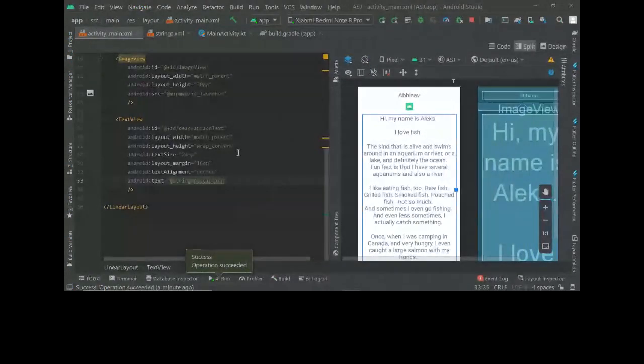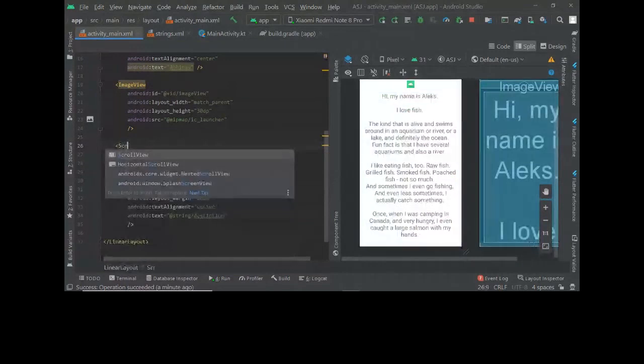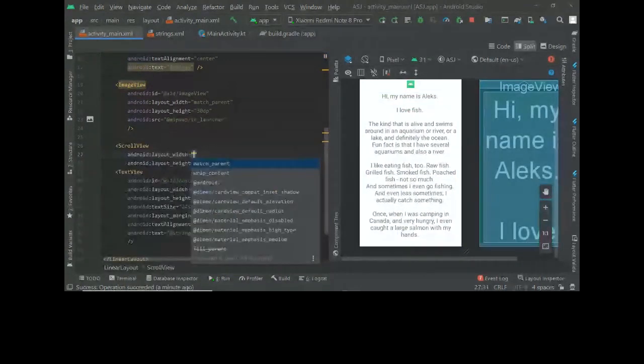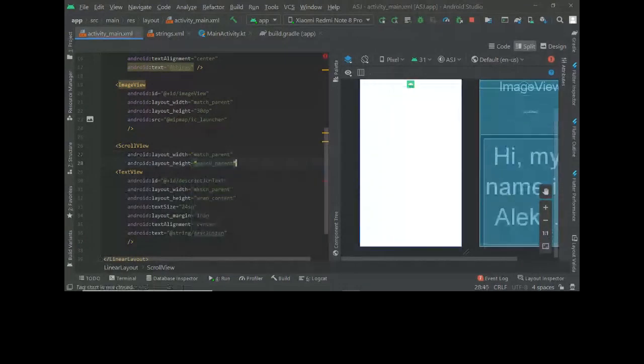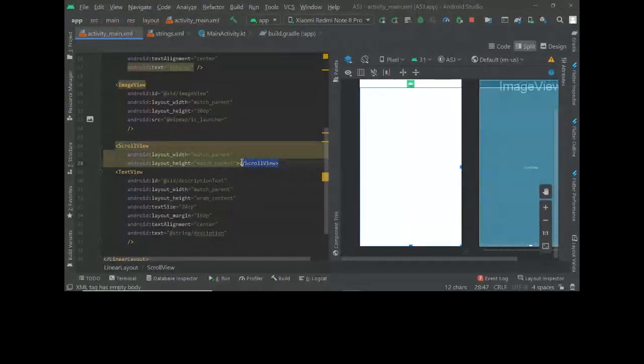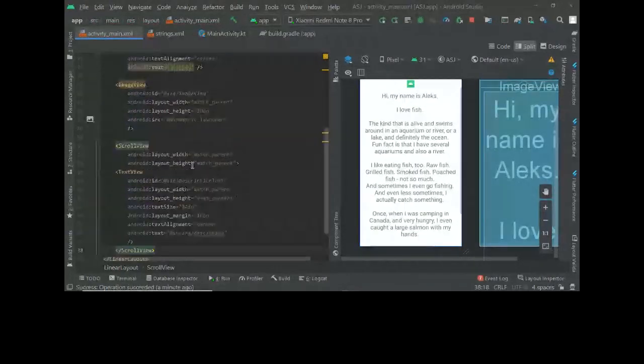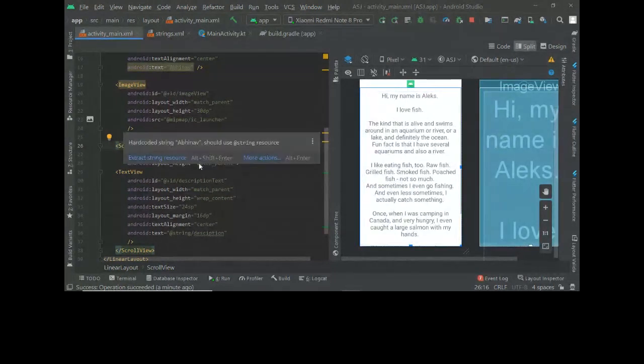So for that, what we can do is add a scroll view. As the name suggests, it creates a scrollable view wherein if something overflows your screen size, you can scroll down and see what there is.